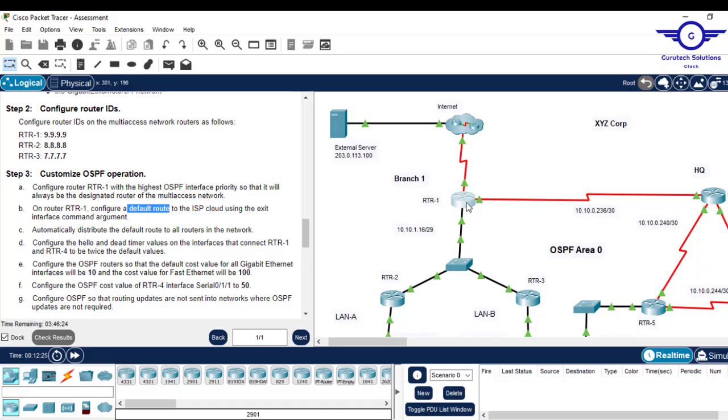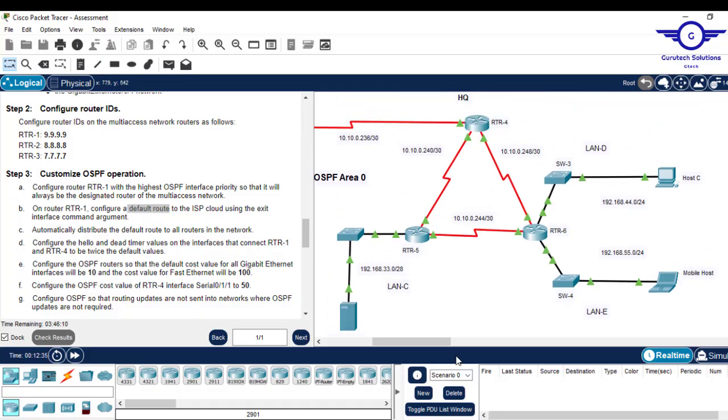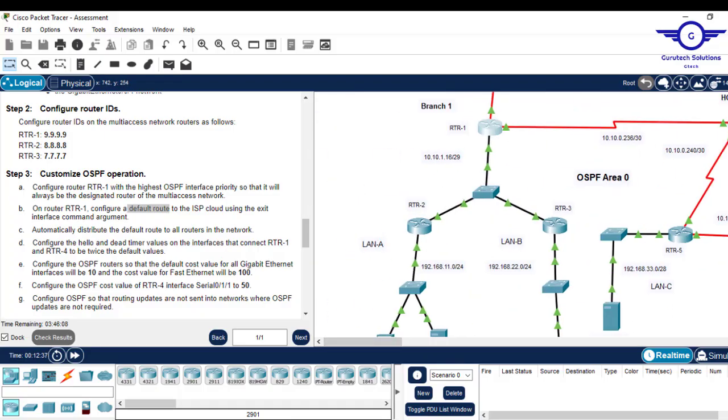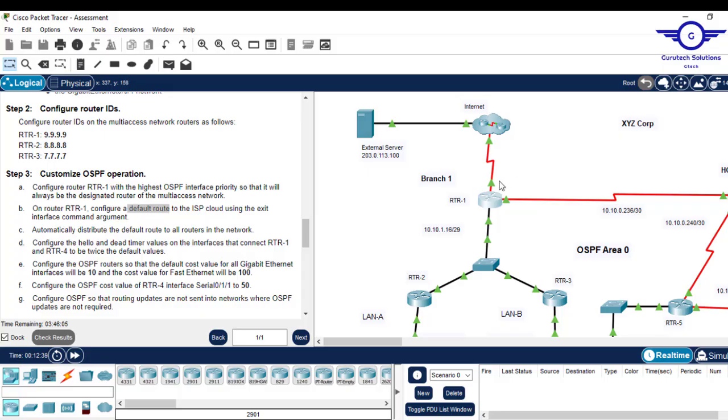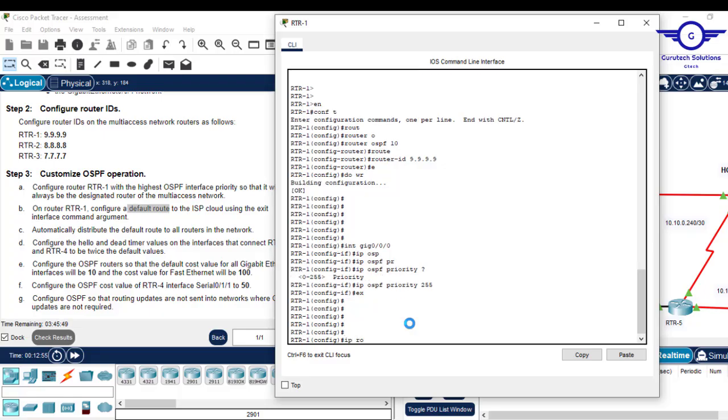So we need to configure a default route here to the internet. I hope this is the ISP, or is there any other ISP apart from that one? There's no other. So we need to use the exit interface, which is this one, serial 0/1/1. Okay, now let's configure the default route. How do we configure a default route? Just say ip route